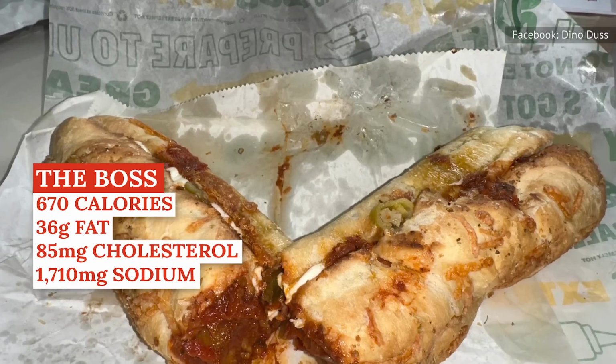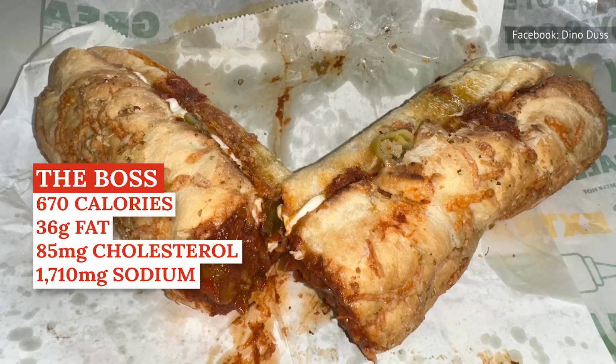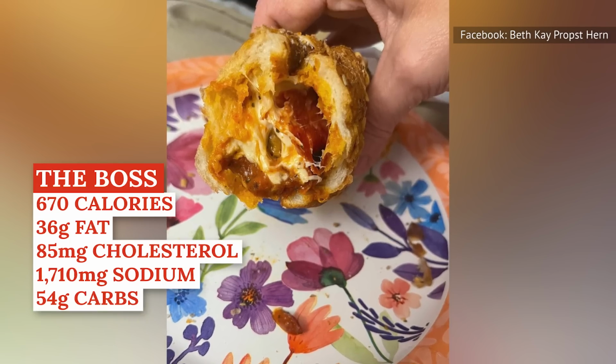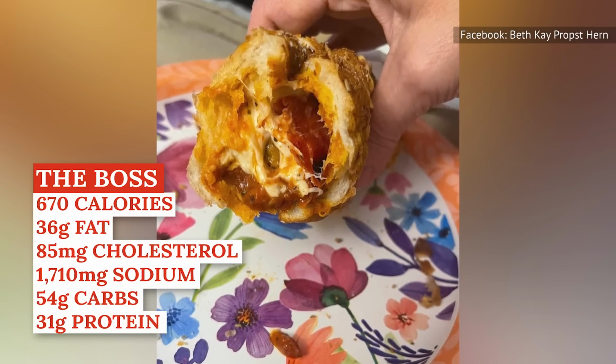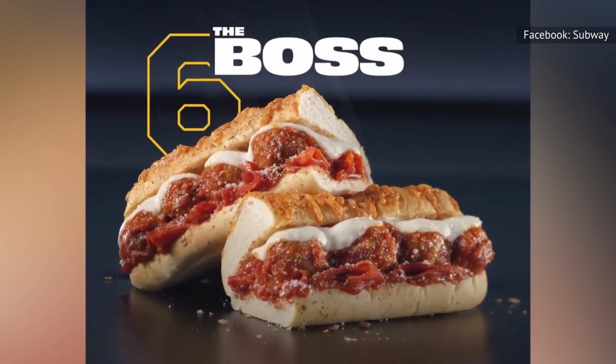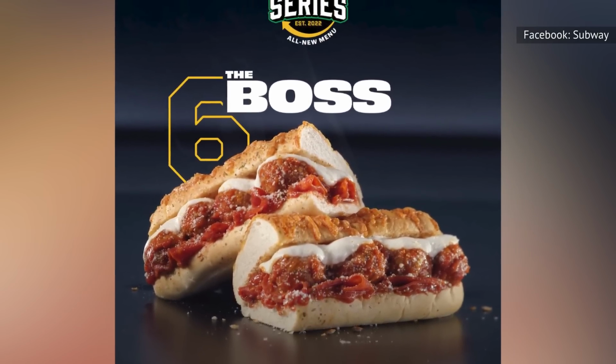The processed meats in this sub contribute to its high sodium and fat levels, as they contain processed oils and salt in excess. Additionally, there are 54 grams of carbs, 31 grams of protein, and a decent amount of vitamin C, calcium, and iron. But the addition of protein concentrates, enriched in modified flours, and nitrates are concerning due to